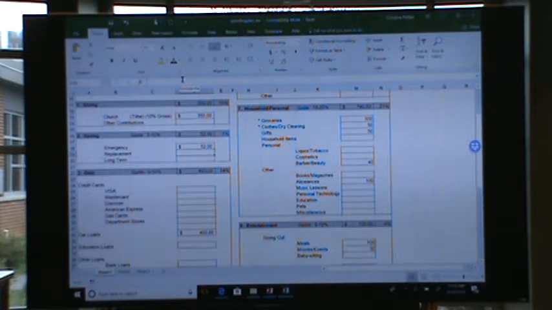But anyway, that's kind of the power of the budget. So before I jump into EveryDollar, we all have these smartphones now, so I thought it was important to show an app version as well and how that works. Before I jump there, are there any other questions, anything else you want to see?